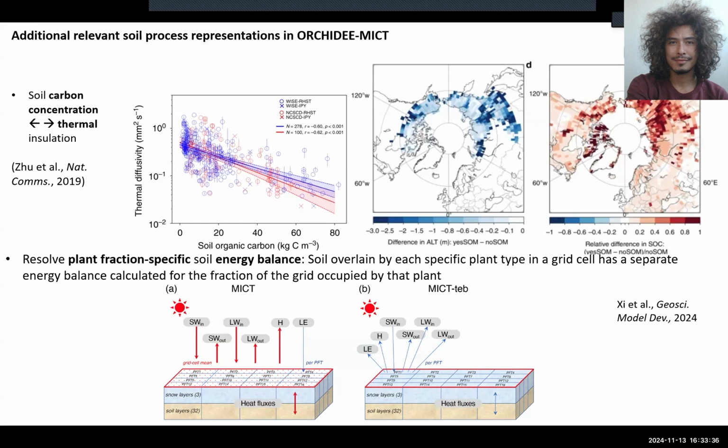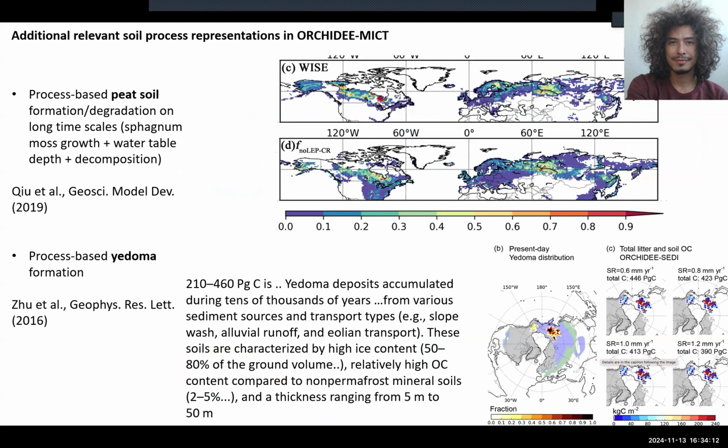Within this model as well, we now have a per vegetation type soil thermal energy balance, which basically says that for each overlying type of vegetation, there's an explicit calculation for the transfer of energy from the canopy through to the soil and down for each type of vegetation, which is much more accurate, especially for things like peat versus forest versus tundra in the boreal region. So that's useful. We have an explicit peat module, which allows for the creation of peat over